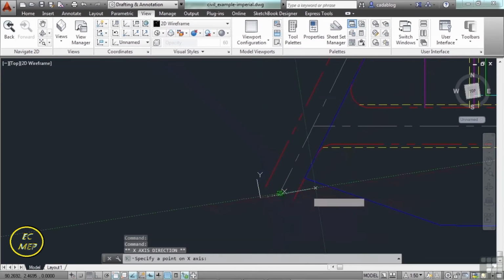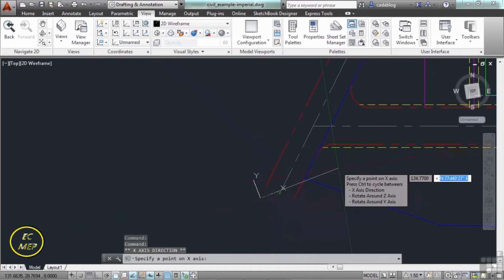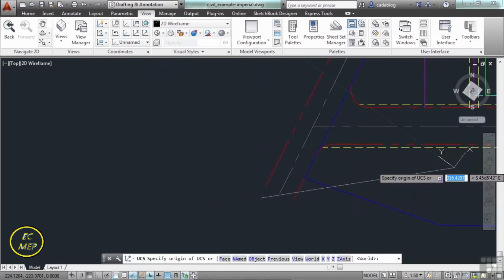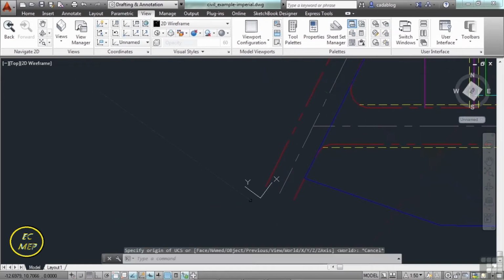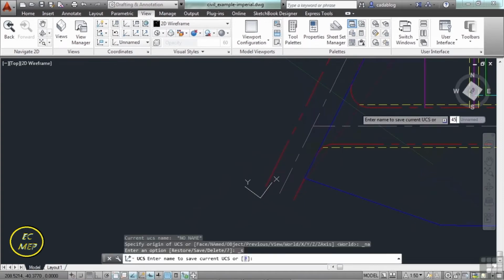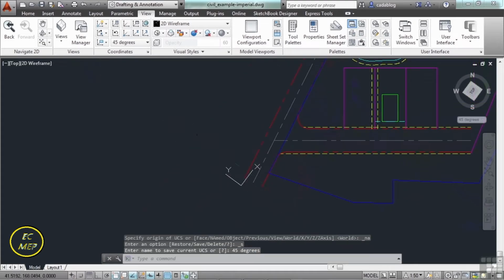I select my UCS and I grip edit it, and I go to 45 degrees. I can save this view, call it 45 degrees. And now, with my ortho turned on,